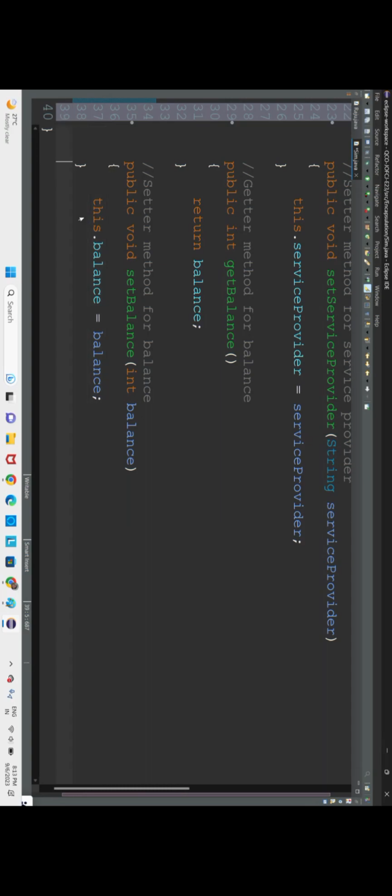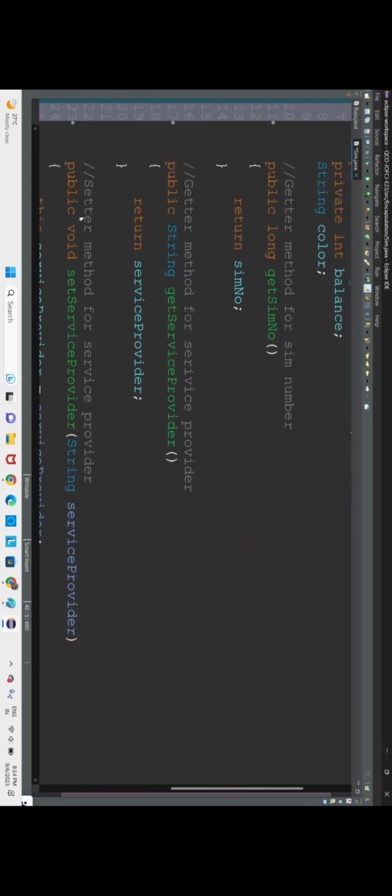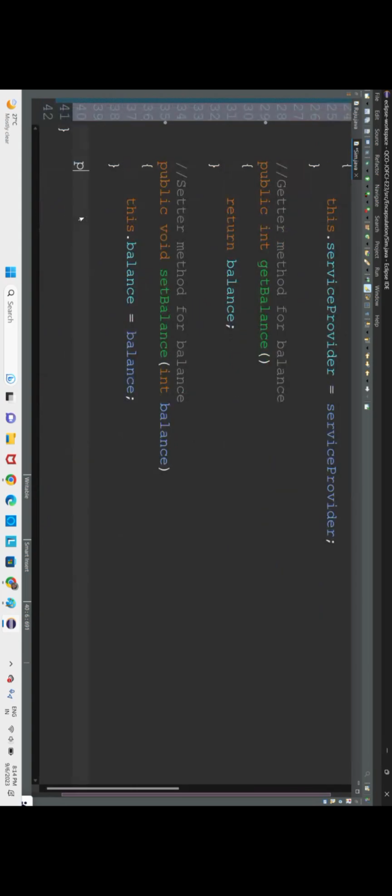Now that's it. Now we shall go for a method, that is public void simDetails method. So in the simDetails method,